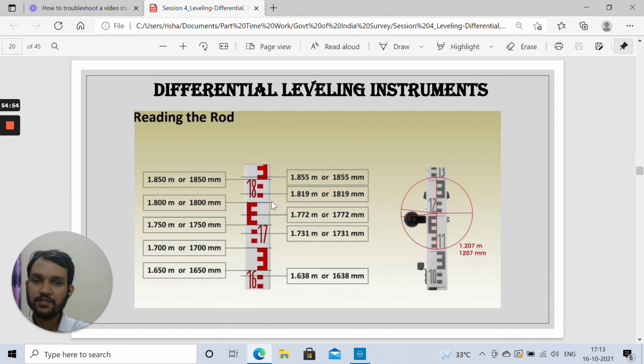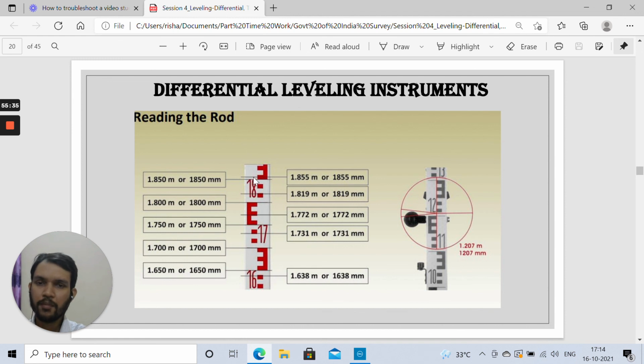Now, if it has been asked to calculate a certain reading, suppose our crosshair was here, how will we get this reading? We know that this is 1.8. So what will be this? This will be 1.81, and this will be 1.82: 1.81 at the bottom of this red mark, and 1.82 at the top of this red mark. Based upon how much in between it is lying, they have just split it. Or you can report, if it is exactly at the top, this elevation as 1.820 meter. In a similar way we can get the values, whichever point we are talking about, that point can be easily reported.